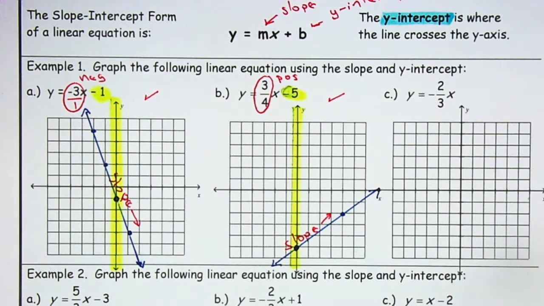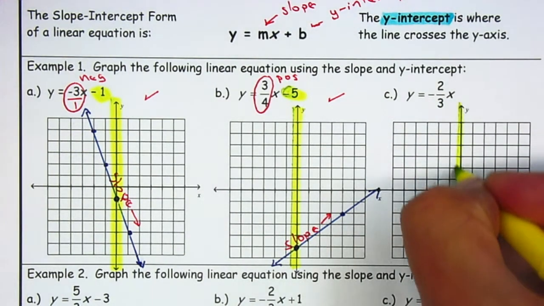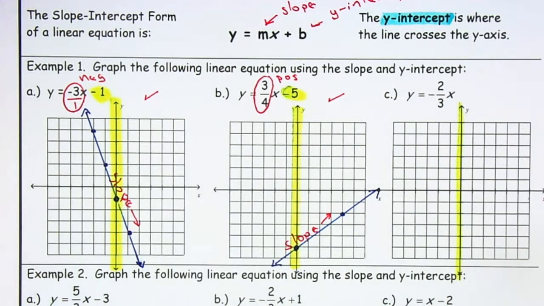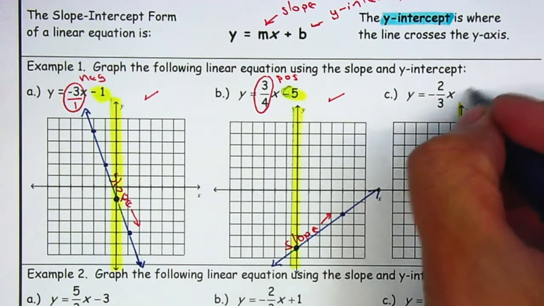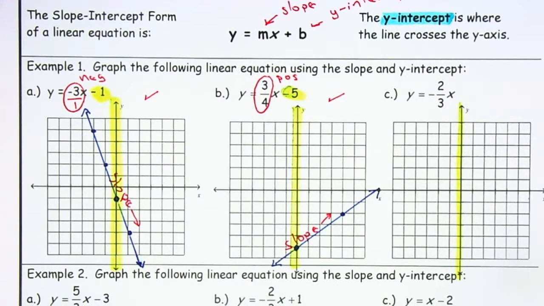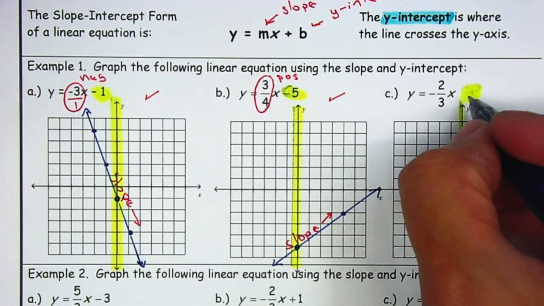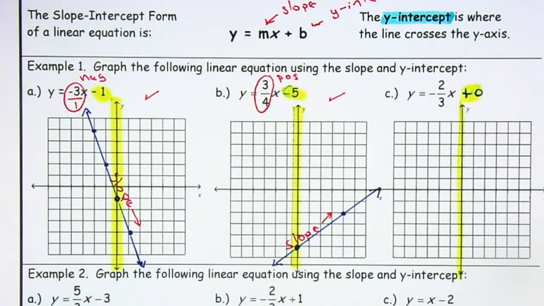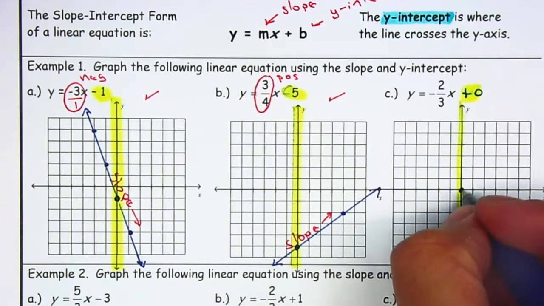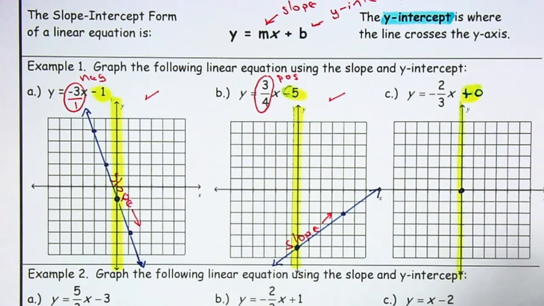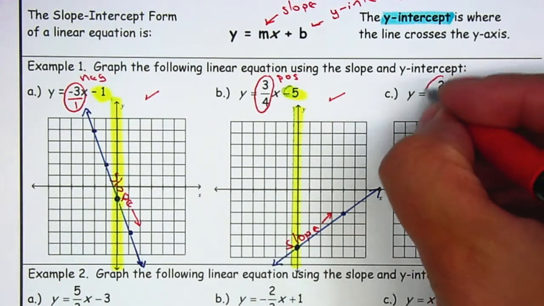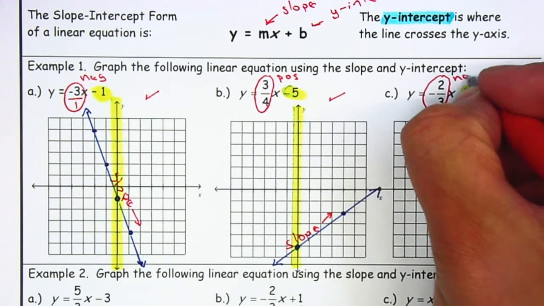Next one. Let us see. I'm going to highlight the y-axis. And if you notice, there's no number in here. There's no y-intercept, so that'll be a plus 0. My y-intercept will be, the line will be crossing the y-axis at 0. My slope is negative,